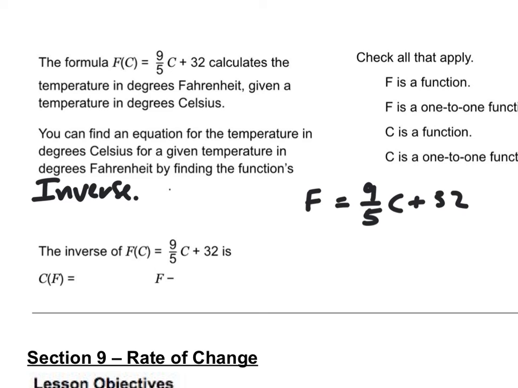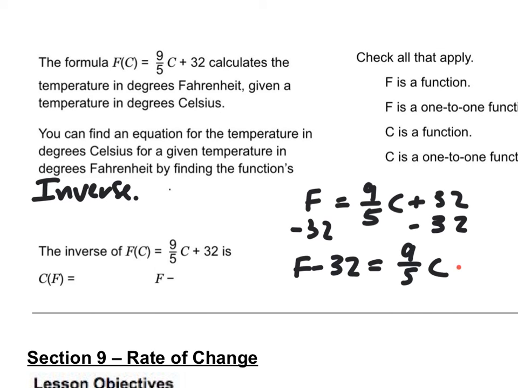I'm going to subtract 32, and I get f minus 32 is equal to 9/5 c. And to get rid of this, I want to multiply this whole thing by 5/9. And so then I get that c is equal to 5/9 times my Fahrenheit,